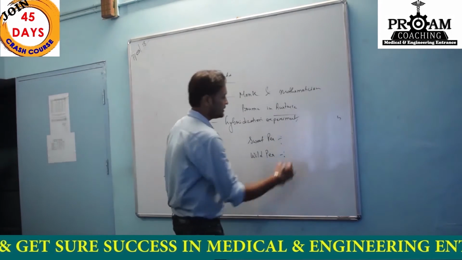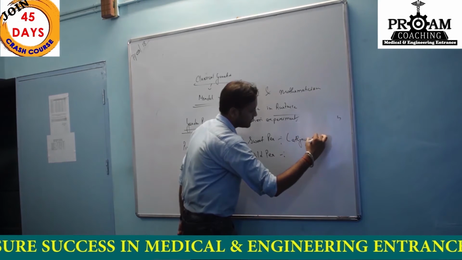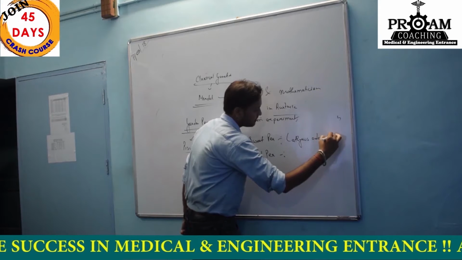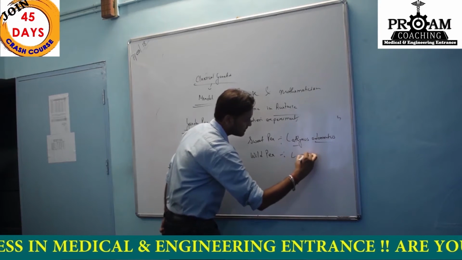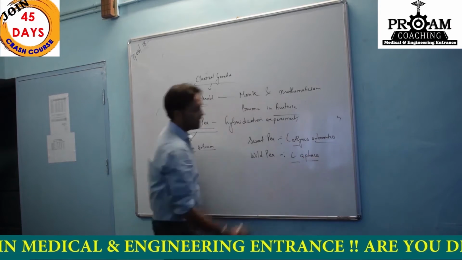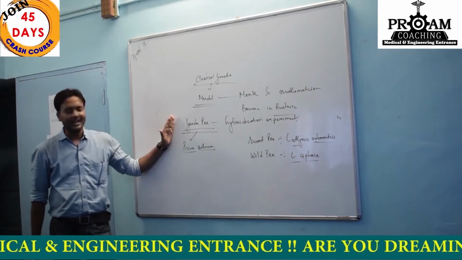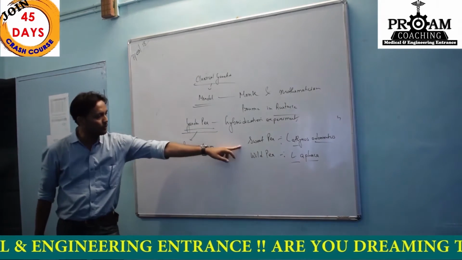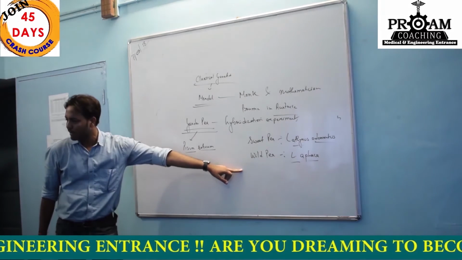Scientific name of sweet pea is Lathyrus odoratus, and that of wild pea is Lathyrus aphaca. Is it clear? So these three pea plants, garden pea, sweet pea and wild pea, the experiments are performed on all these,